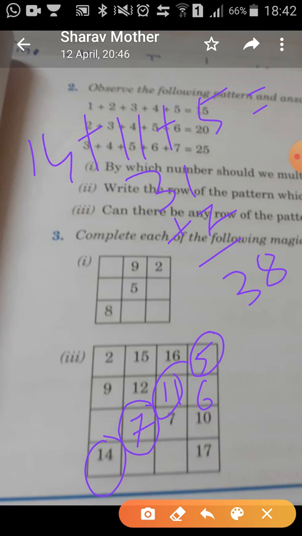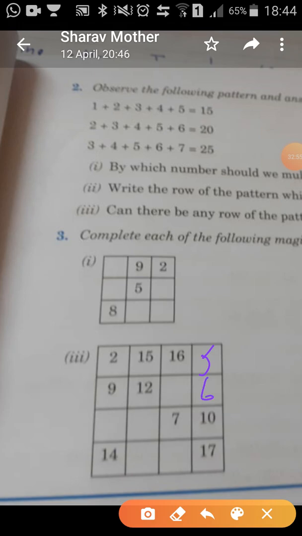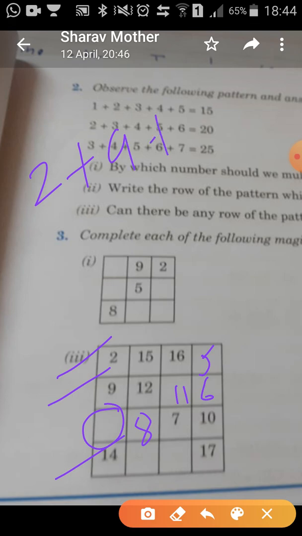Understood? Now which box will we choose? We will choose to fill up this box. We can choose to fill up any box now. We will choose this box, for which we have 3 pieces of information, which is 2, 9 and 14. Okay guys, so we were trying to solve this one. What are the 3 pieces of information we have for that box? 2, 9 and 14.